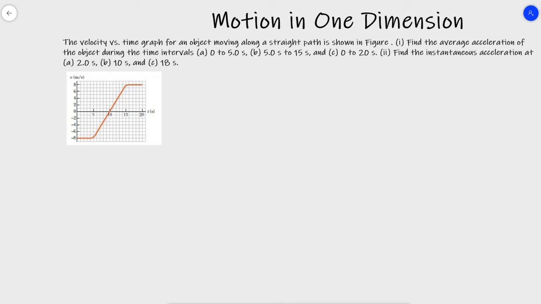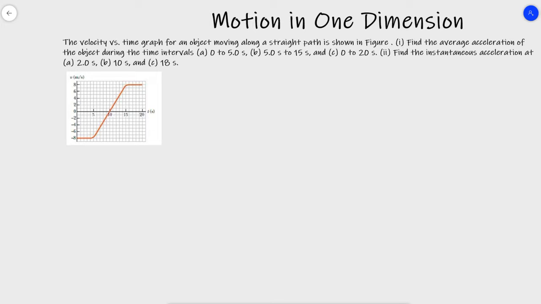The velocity versus time graph of an object moving along a straight path is shown in the figure. Find the average acceleration of the object during the intervals A, 0 to 5 seconds, B, 5 to 15 seconds, C, 0 to 20 seconds. And for the second set of questions, find the instantaneous acceleration at A, 2 seconds, letter B, 10 seconds, and